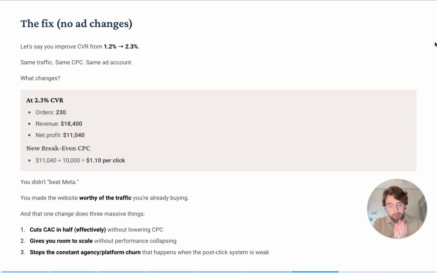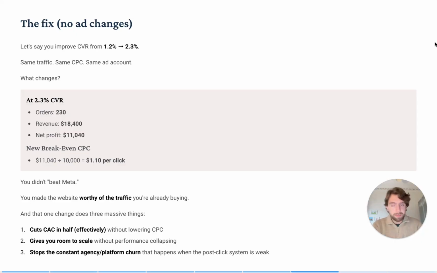So we improve the CRO, right? We do the CRO, sorry. We improve the conversion rate. We take it from 1.2% to 2.3%. This is not crazy numbers. This is not something taken out of the top 0.1% of brands. This is a very conservative increase. Honestly, some brands, if I've spoken to them and they're at 2.3, I'm thinking they could improve from there. So I wanted to make it realistic.